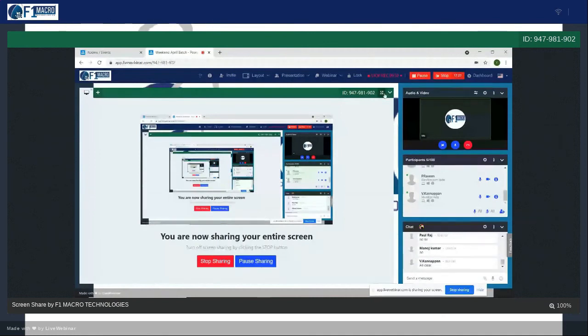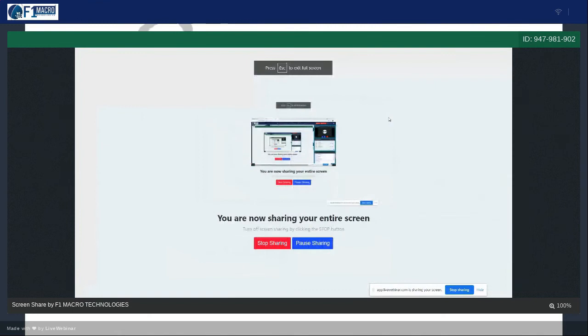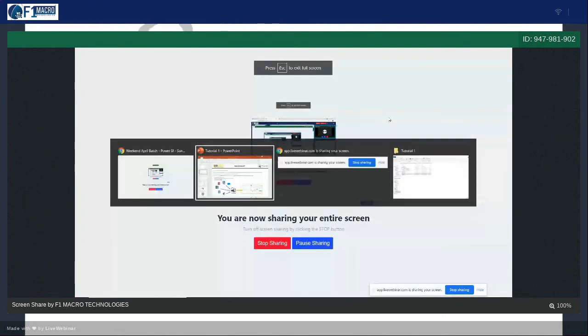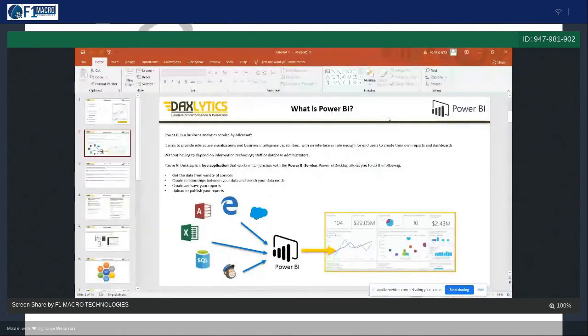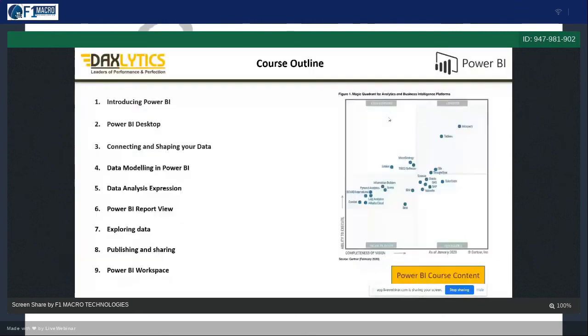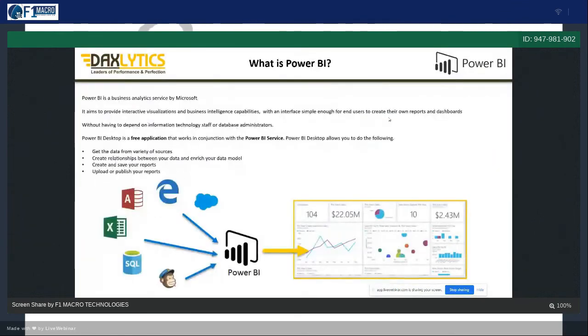Thank you, Kanappan. Okay, so now let's move to the third slide we have. I have given you the course outline. We have talked about what is Power BI, what is the flow, right? And if someone asks you, can you just define Power BI? Your answer will be: Power BI is a business analytics service by Microsoft, and it has a data visualization tool which has the BI capabilities in it, right?